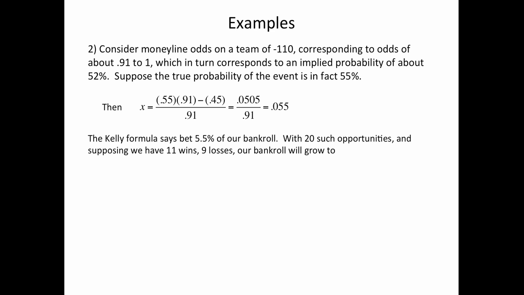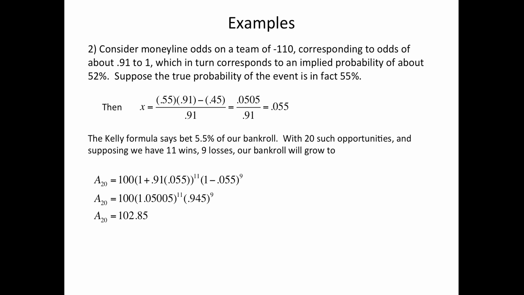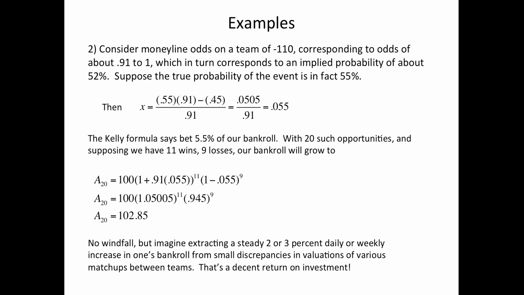The bankroll will grow after 20 bets, starting with $100, with 0.91 odds, with 5.5% risked, with 11 wins and 9 losses. Final balance: $102.85. Okay, that's no windfall, but imagine extracting a steady 2 or 3% daily or weekly increase in one's bankroll